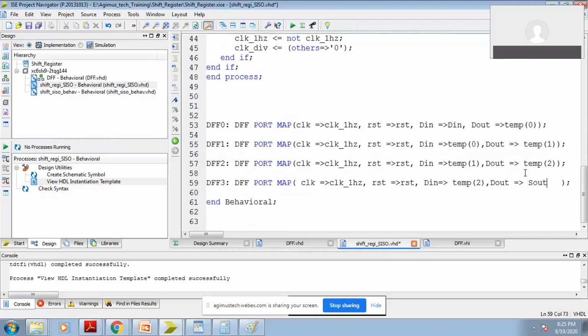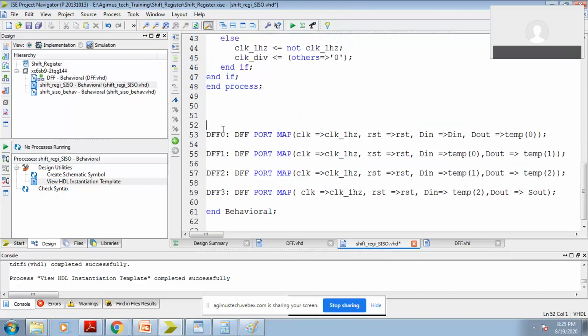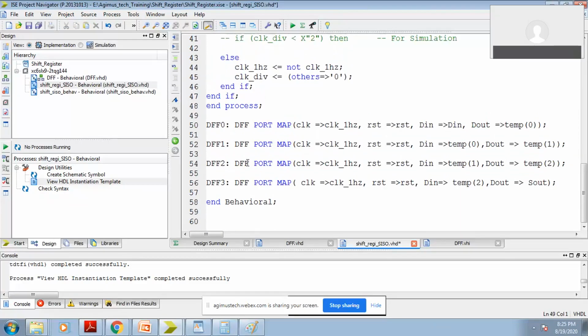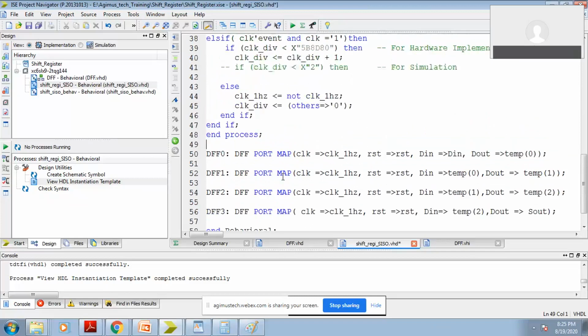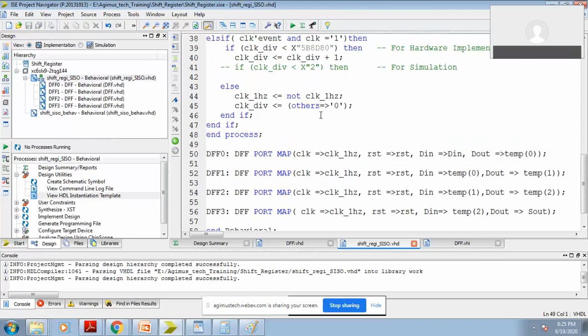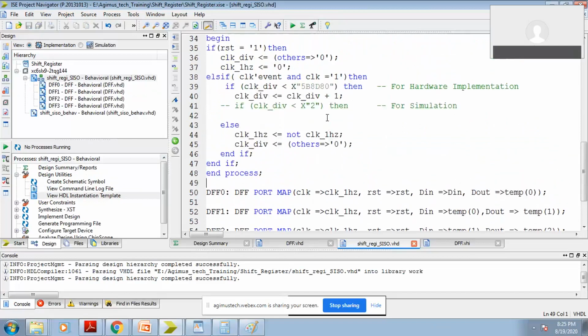Okay. So this is a way you can go for the structural modeling. Remember that if you want to simulate this code, the clock divider should not be of 2 raised to 24. It should be divided by 2.